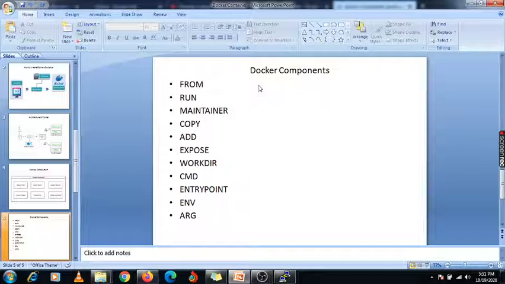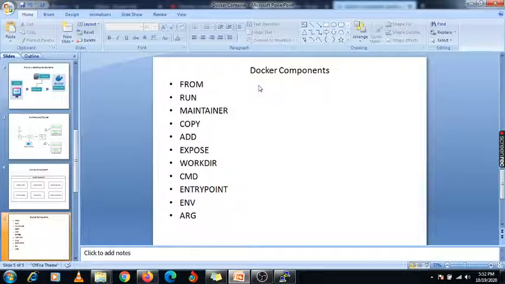WORKDIR. So WORKDIR, basically when you are going to create any container, if you are allowing any particular user to log in on that particular directory, you need to specify it. If you are allowing that container to work only under this /tmp, you can specify /tmp only, and that container will work there.